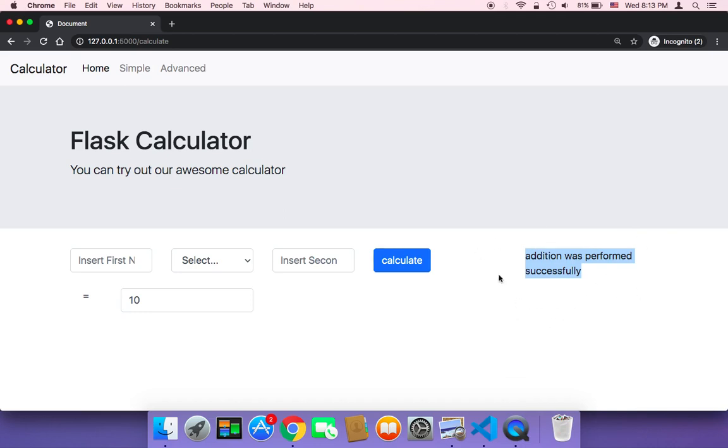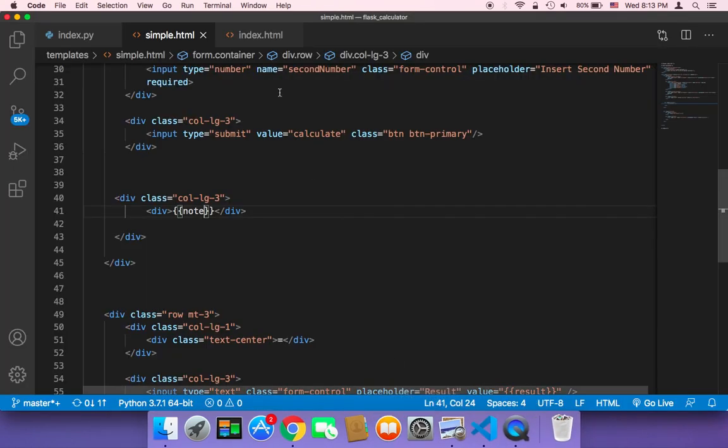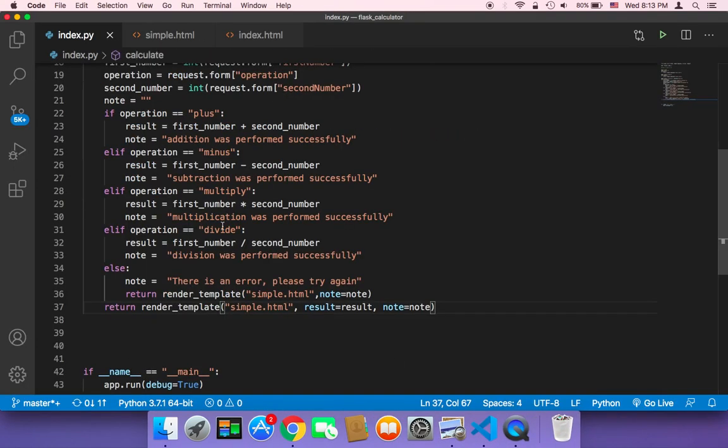background color depending upon the success or failure. So in case of success, I'm going to display, for example, a blue color. In case of failure, in case we have an error, I'm going to display a red color or another color. So how can we do that? Well, we can do that